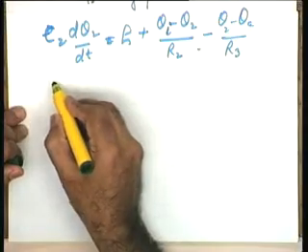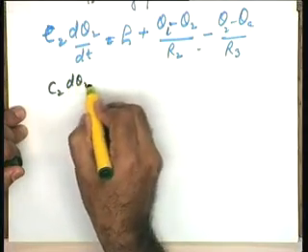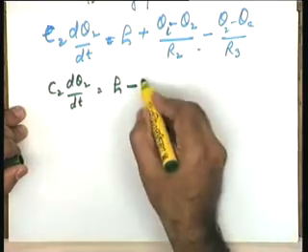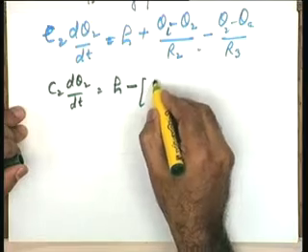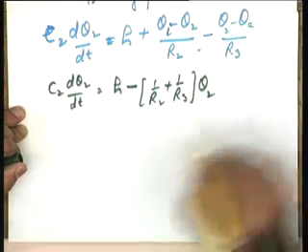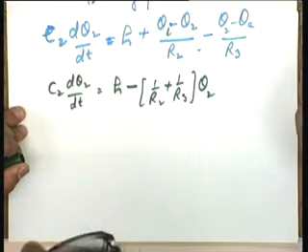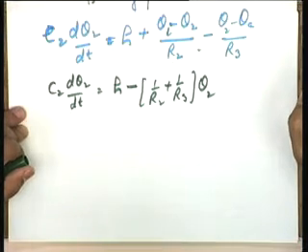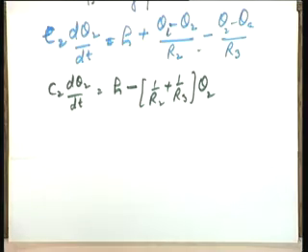Okay? So, in this particular case, this is the model, this is the equation, and this equation can be rewritten in the form C2 dθ2/dt = H − (1/R2 + 1/R3) θ2. Please see the little manipulation here. I need your attention here because I am going to put it in a format which I will be extensively using later. You will recall what is the personality of a first order system. The personality of a first order system, we had said, depends on the system gain and the time constant.